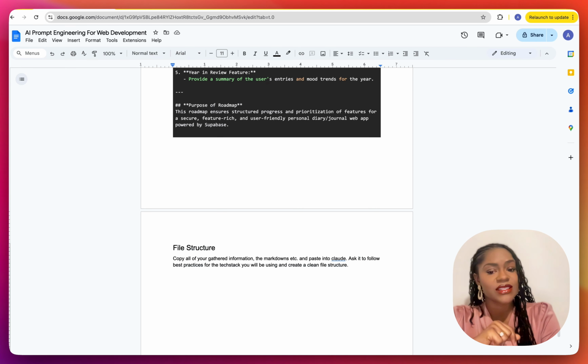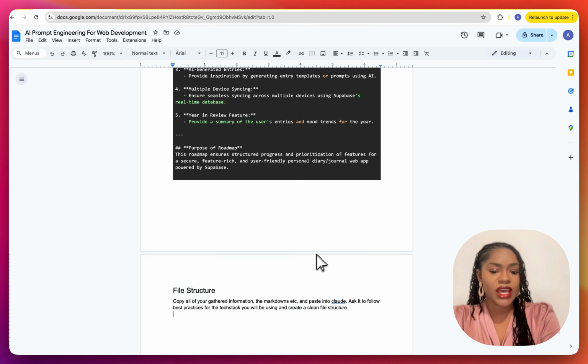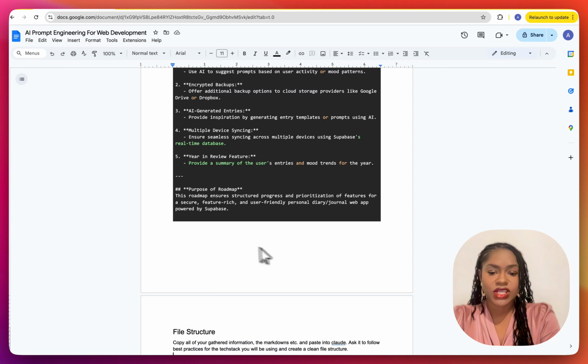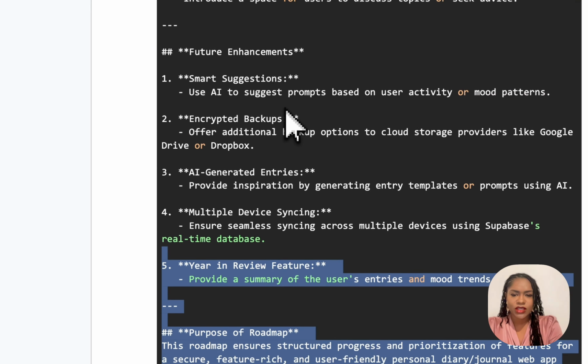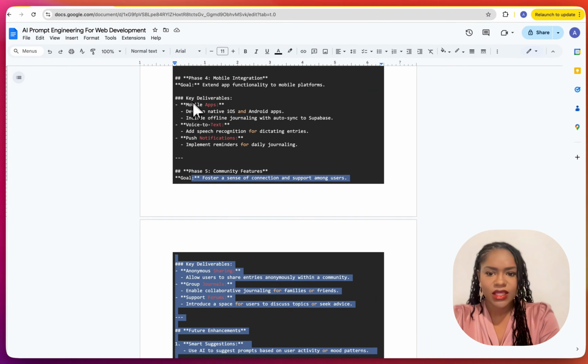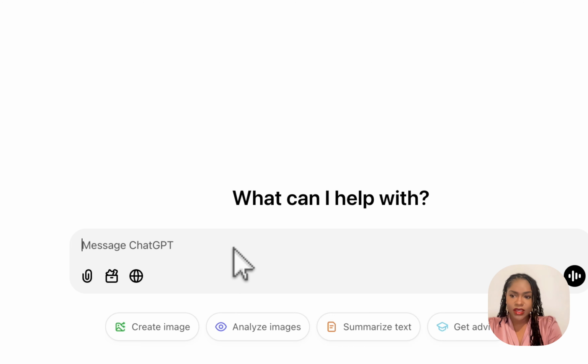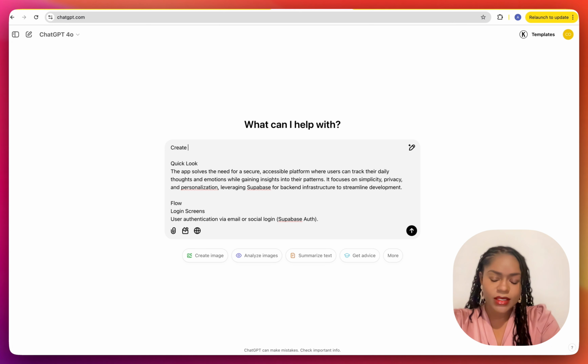Now, the next thing is the file structure. And we're going to copy everything and give that to Claude or ChatGPT. I think Claude does a good job with this. So I'm going to take the roadmap. Let me try giving it to ChatGPT and see how it does the file structure. If not, I'll take it to Claude. So I'm going to say, create a file structure for this web app following